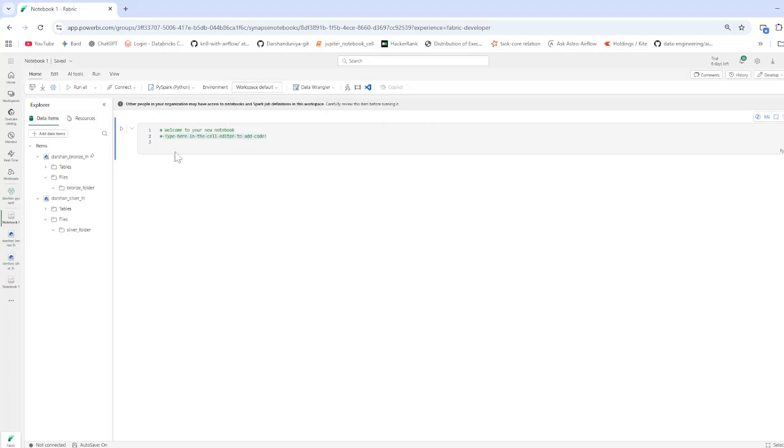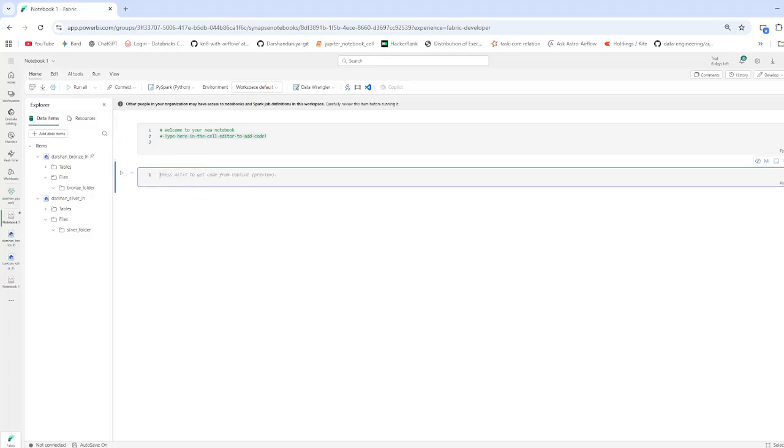Okay. So if you want to read the data, how can we read the data? df is equal to spark dot read dot format. We are reading a CSV file, right? CSV, use header is equal to true, right? So dot, then